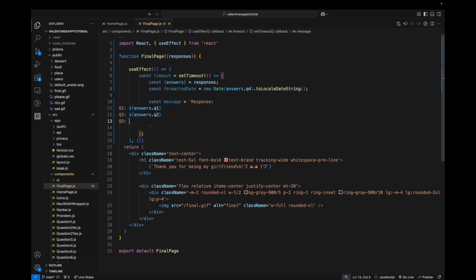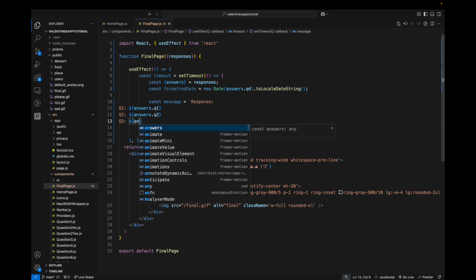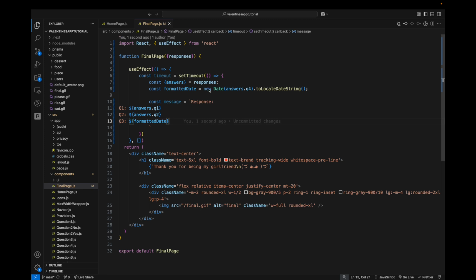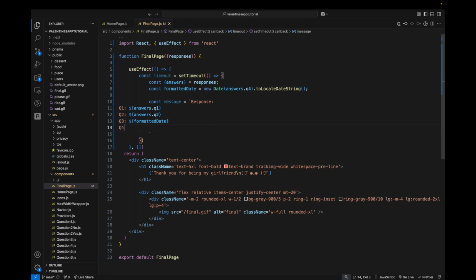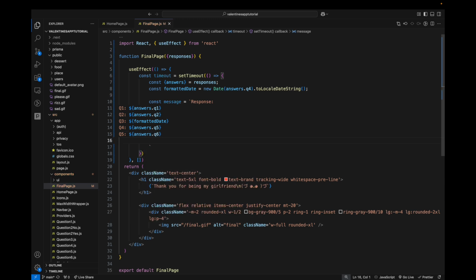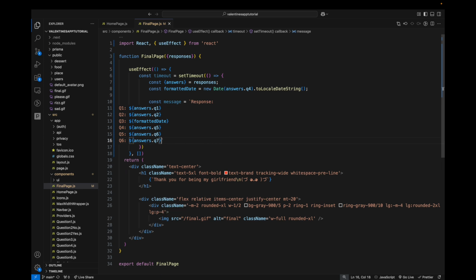So q3, answers, actually sorry, q3 would be formattedDate that we just did right here, and then q4 will be answers.q5. Remember, we skipped one because of the question 2 no. q5 will be answers.q6, and then q6 will be answers.q7. Right, let me just put it here. Okay,